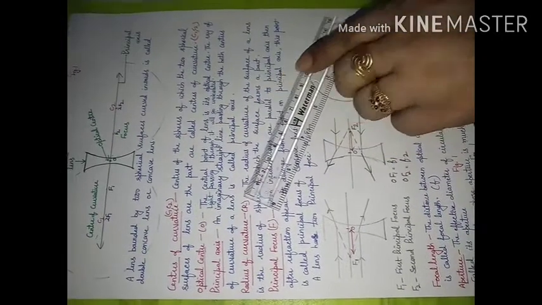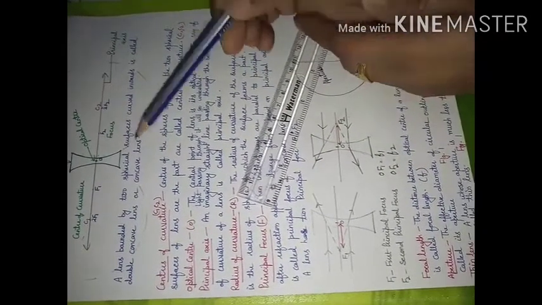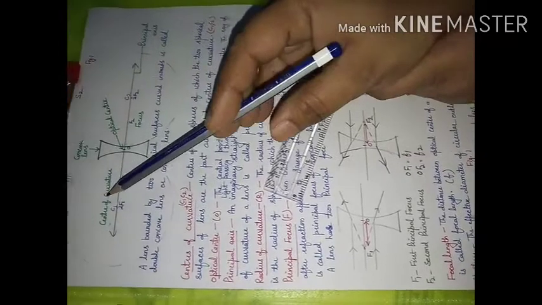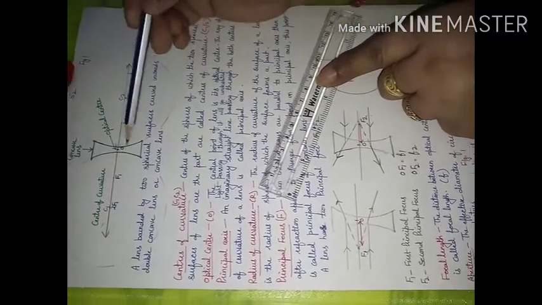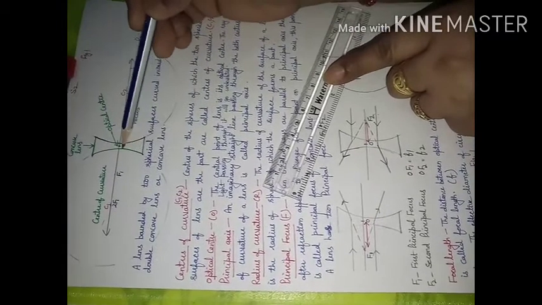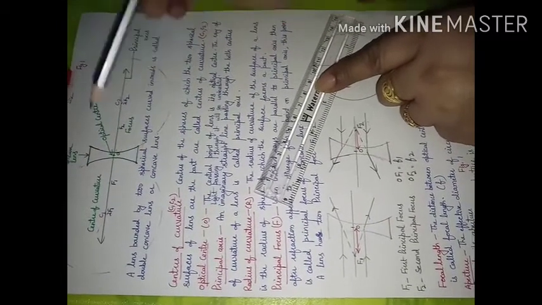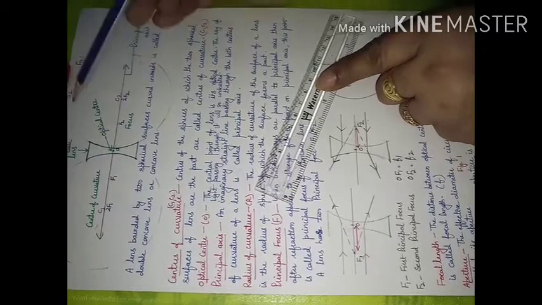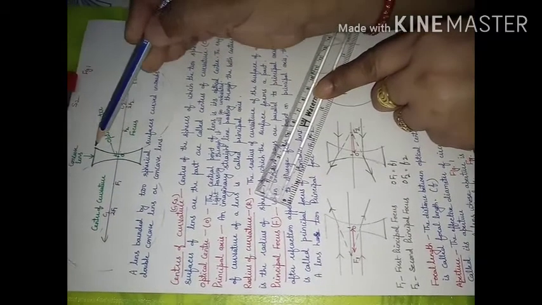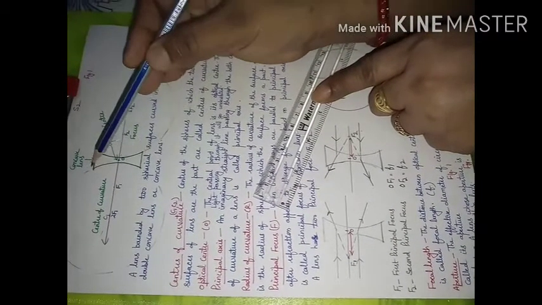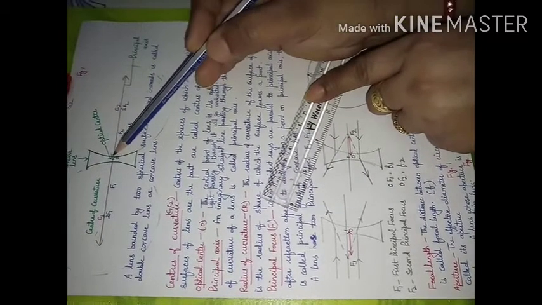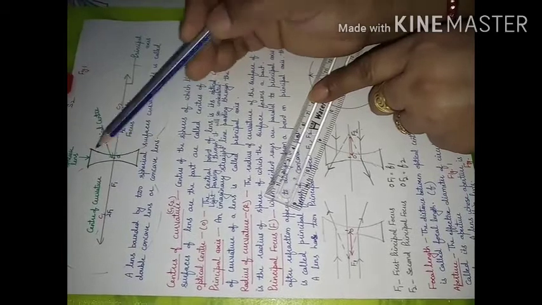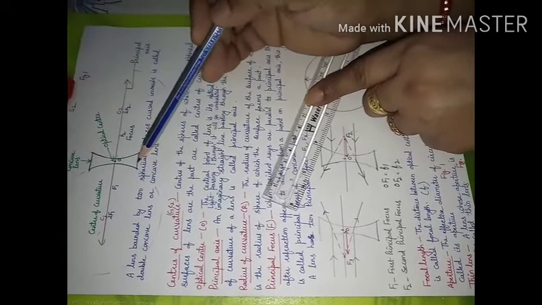So today we have to do various terms related to concave lens. What is a concave lens? A concave lens is a lens that has two spherical surfaces. This is also a spherical surface, this is also a spherical surface. On paper we are going to have a circle, otherwise it is a part of a sphere. This should also be a part of a sphere. So a concave lens is a lens that is thinner at the center and thicker at the edges. That lens will be known as a concave lens.